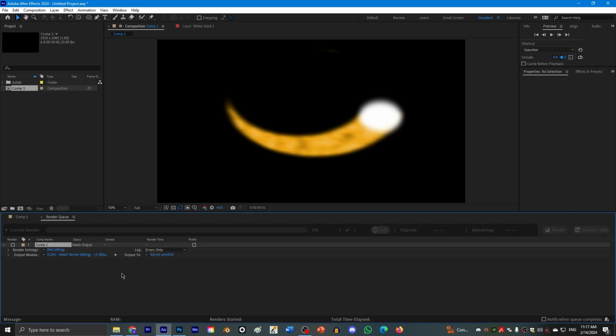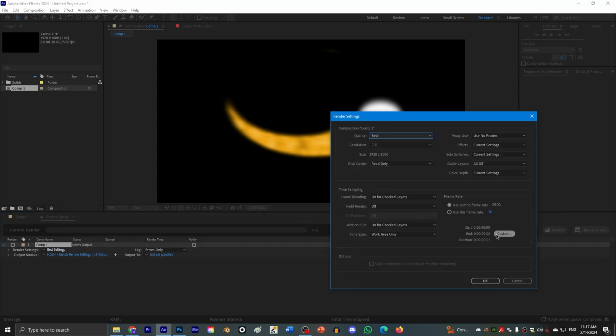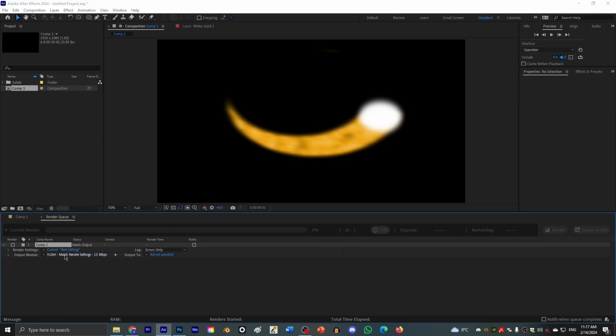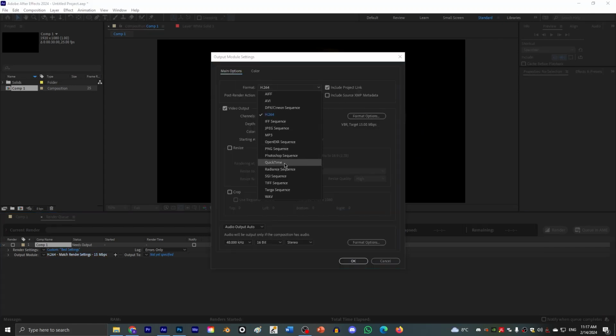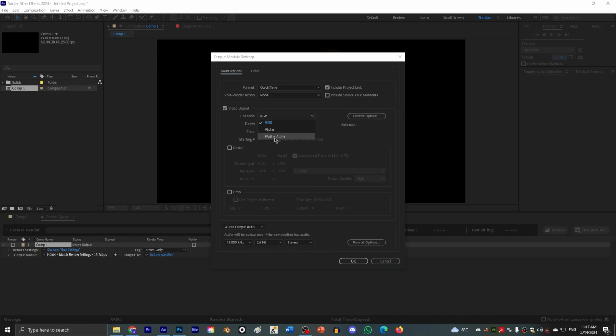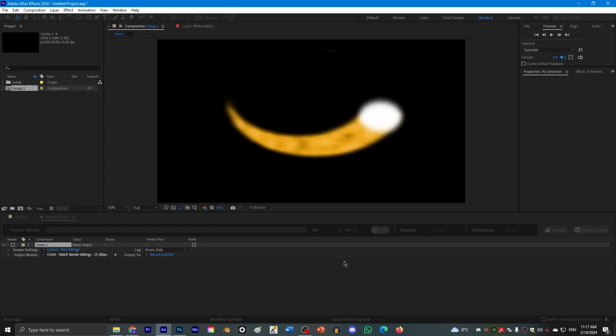Then add it to the render queue. See, it's just one frame. Go over here, change the format to QuickTime, animation and the channels to RGB plus alpha, so you can have a transparent background.